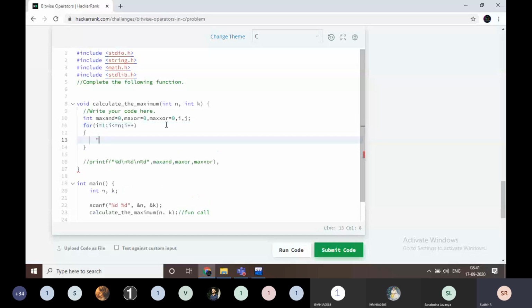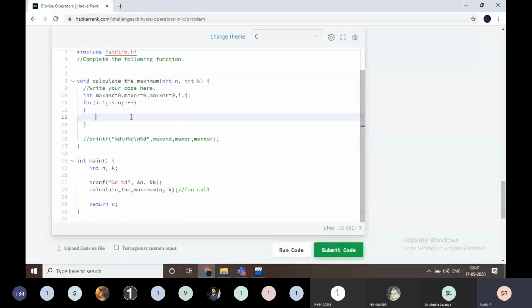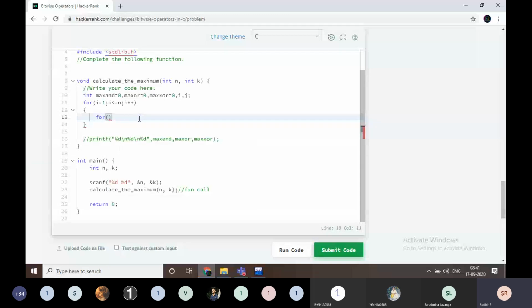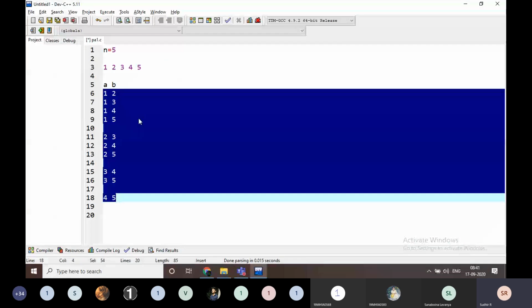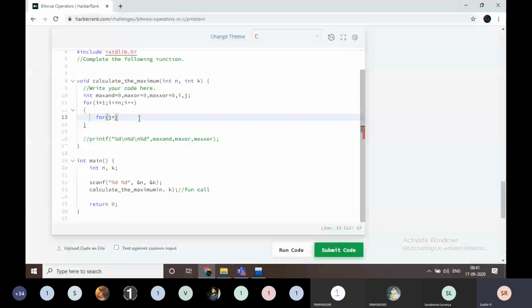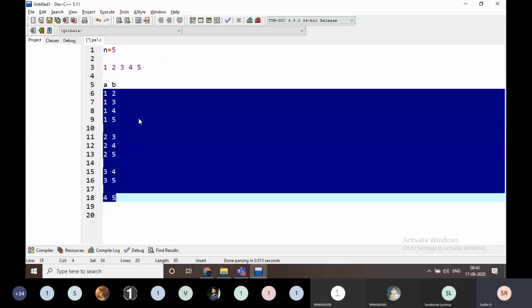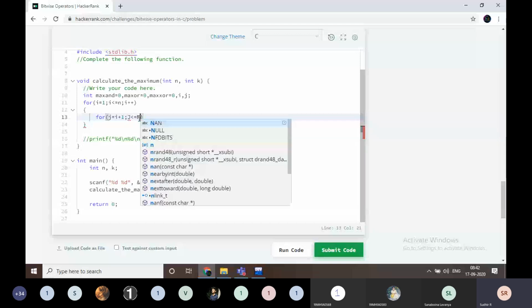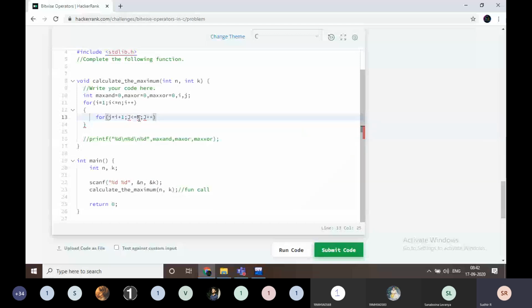Okay, now I am going to write here: for j is equal to... Now I am going to tell that if i value is 1, what is the j value? The j value is going to be i plus 1 here. So when i is 1, j becomes 2. Then it goes up to the last value, j is less than or equal to n, then j plus plus.